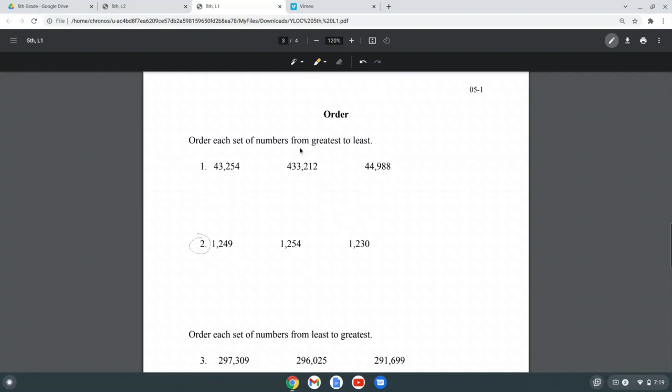Order each set of numbers from greatest to least. So we have 1,249, 1,254, 1,230. So let's look at the thousands place. They all have 1. Then the next one, hundreds place, 2, 2, 2. Tens place, 4, 5, 3. So we want to find the greatest. 5 is greater than 4 and 3. So we write